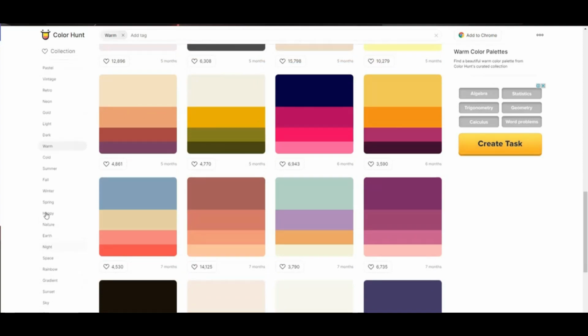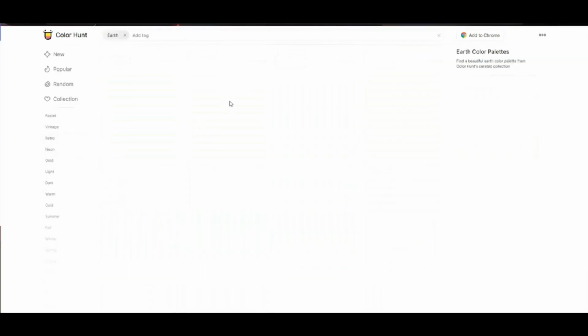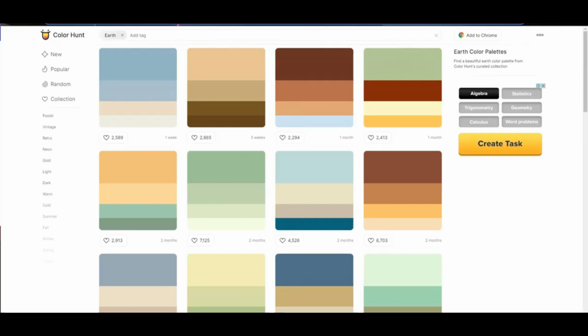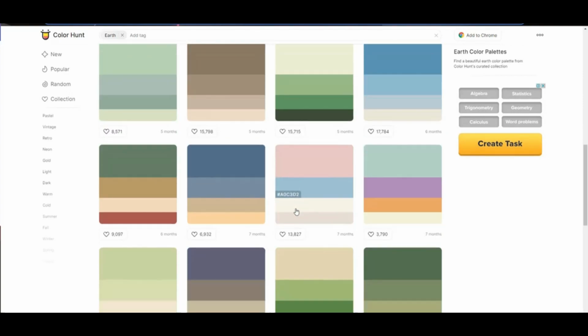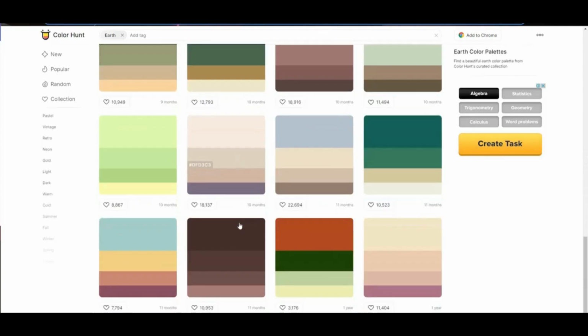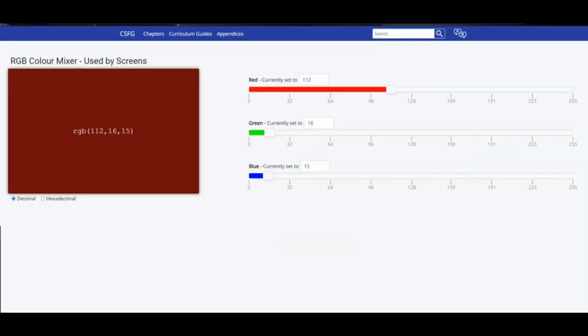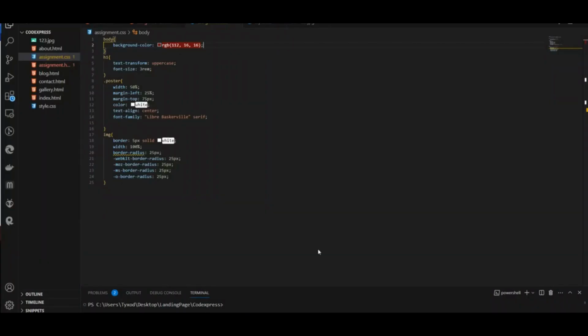Probably something within this environment. So okay, now we have warm colors too. All right. Okay. Now,